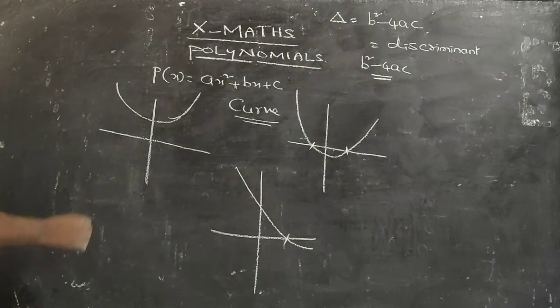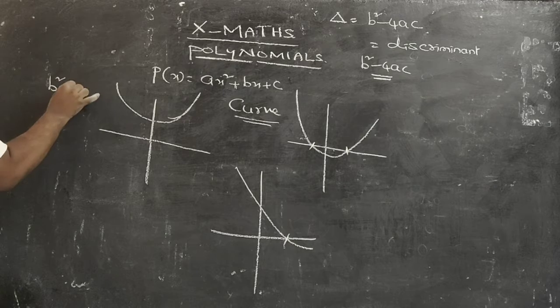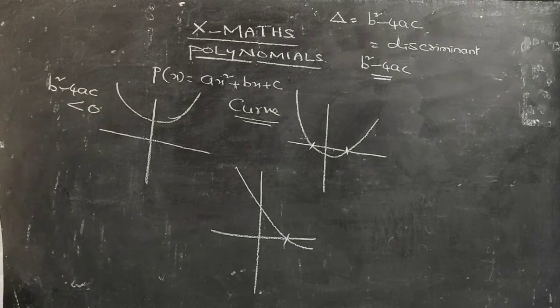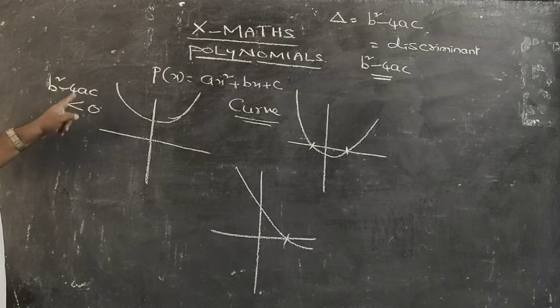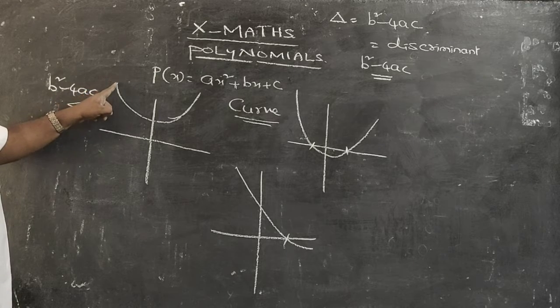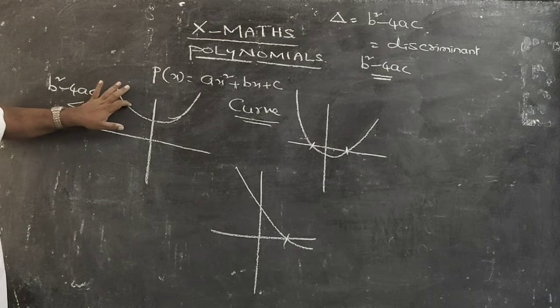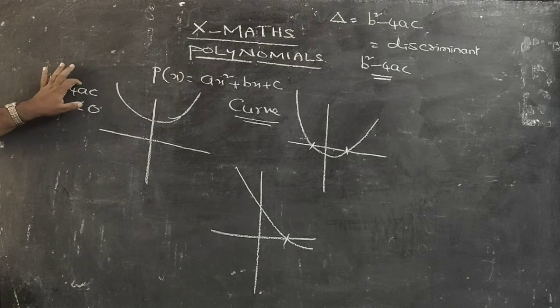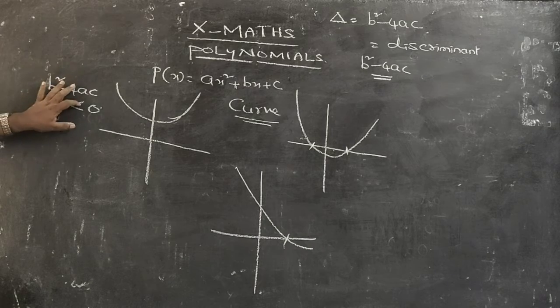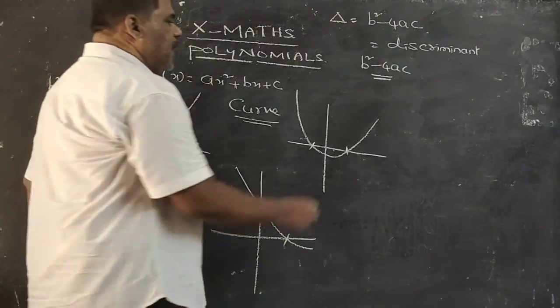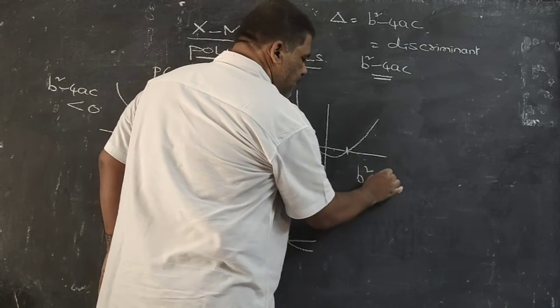If you get b square minus 4ac a negative number, then it indicates that the curve is not cutting the x-axis at any point. The graph will be like this. If you find b square minus 4ac is a negative number, the nature of the curve is like this. If you get b square minus 4ac a positive number,